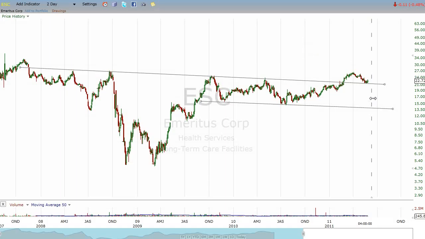So that's the psychology in these trend lines, and this one slopes down a little bit. It's easier to understand when they're almost horizontal. But the fact is, there's also underlying buying and selling pressure that will take a line like this and rotate it up or down. I think there's just this overall bias that creates these descending or ascending trend lines. In this case, this is about as close to horizontal as I could find in a stock that tells this nice little picture. So, what do we look for now in Emeritus?